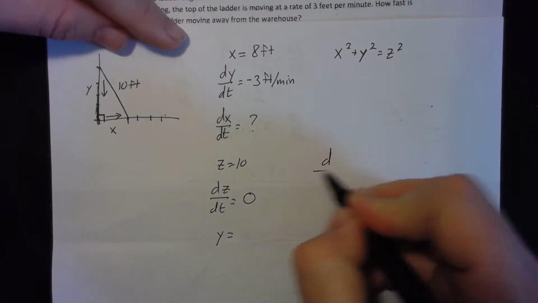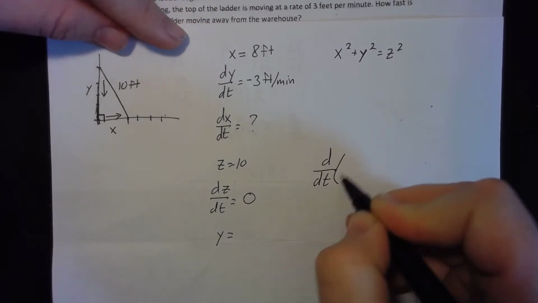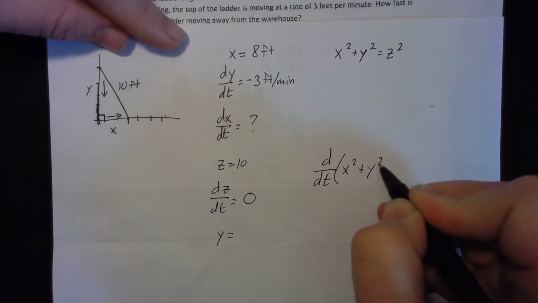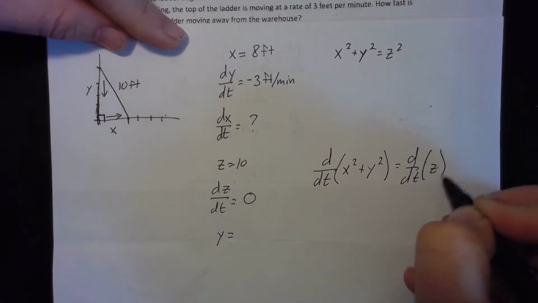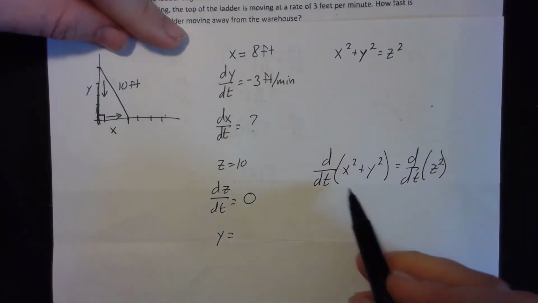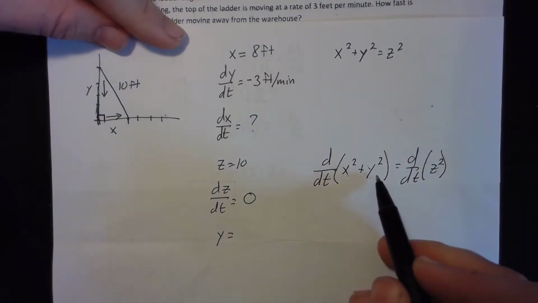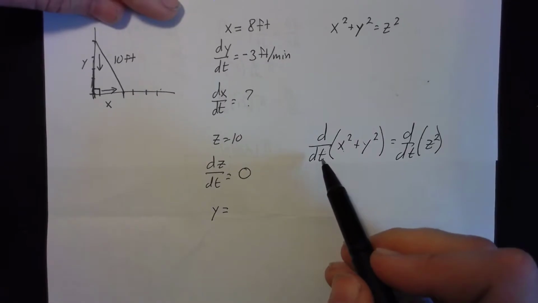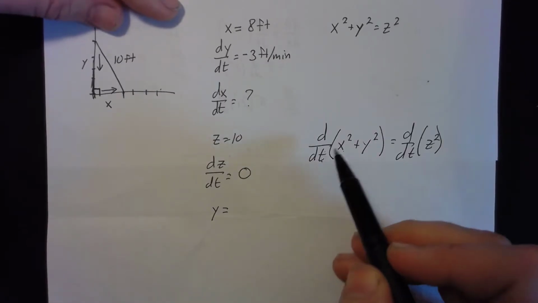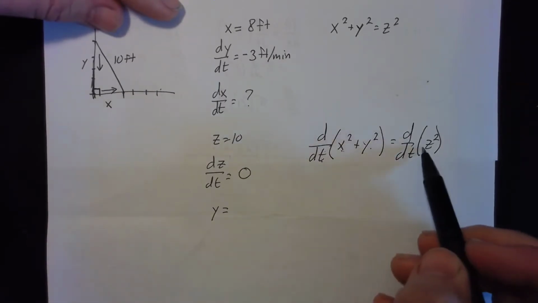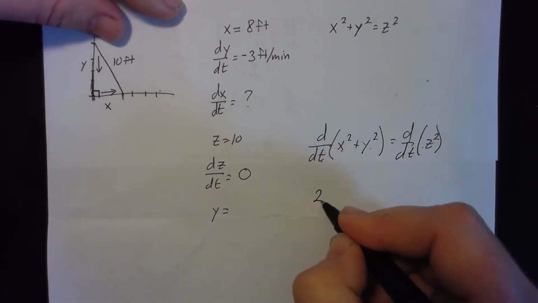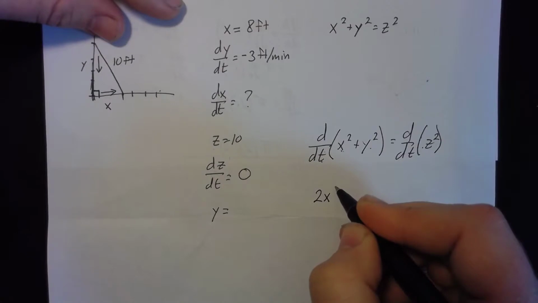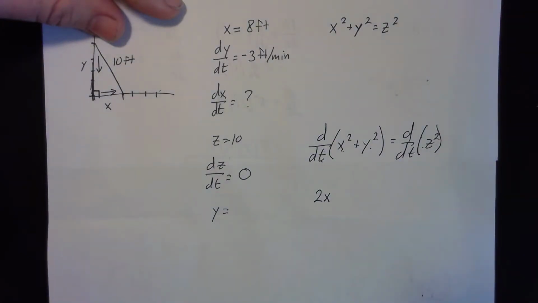What I'm going to do is start by simply taking the derivative of both sides of this equation with respect to t. So I now have this set up, and I need to take the derivative of both of these terms. Keep in mind, be very careful, we're taking the derivative with respect to t of variables x, y, and z. So the derivative of x squared, the derivative of anything squared, is 2 times that anything to the power of 1. Then your next step